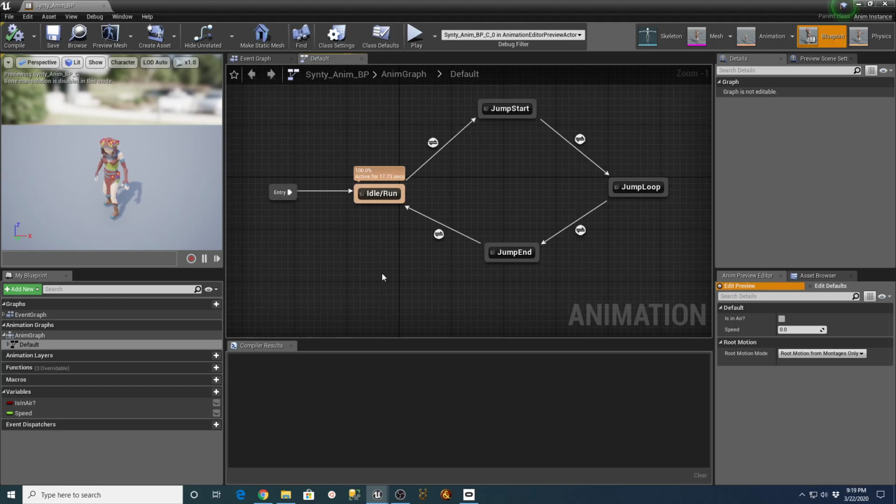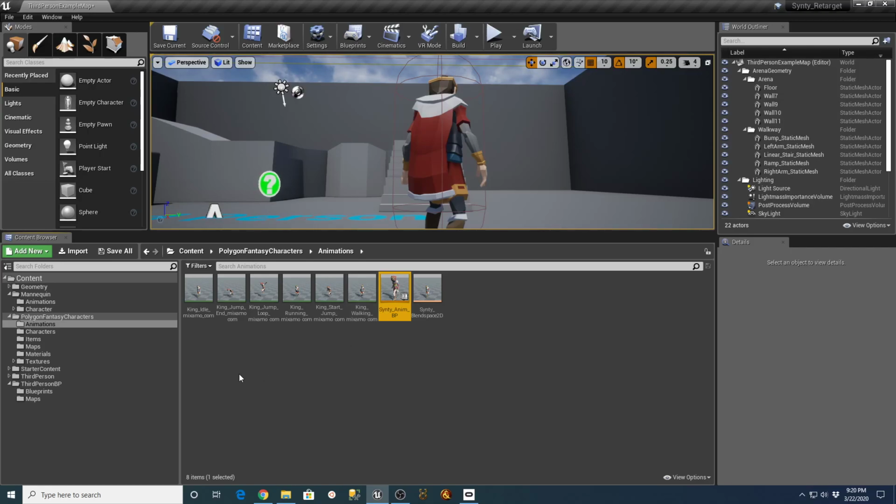You think it was there in the NMBP? I don't know what you mean. It doesn't set the speed. Let's see. Well, let's go back here then.